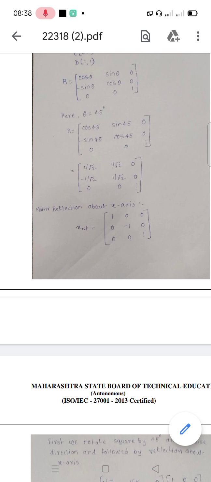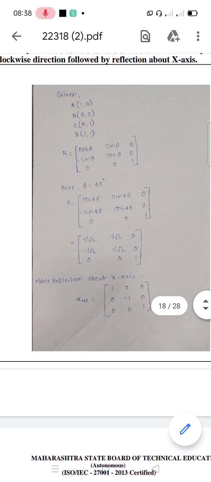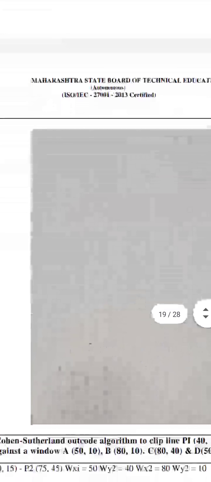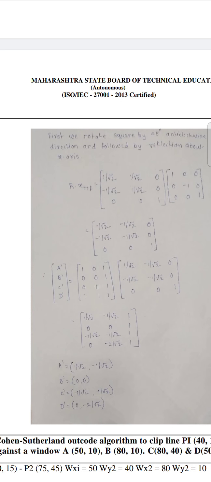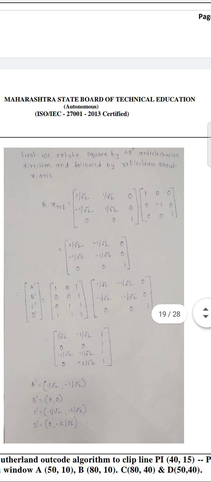Once you obtain the composite transformation matrix, you can multiply that composite transformation matrix with the initial coordinates of the computer object. The important part is that when you are multiplying, your computer object matrix should be placed on the left hand side and the composite transformation matrix on the right hand side. So you place the 4/3 matrix, that is the computer object matrix, on the left hand side, whereas your transformation matrix goes on the right hand side. If you change the order of this multiplication, then it is not possible to multiply.